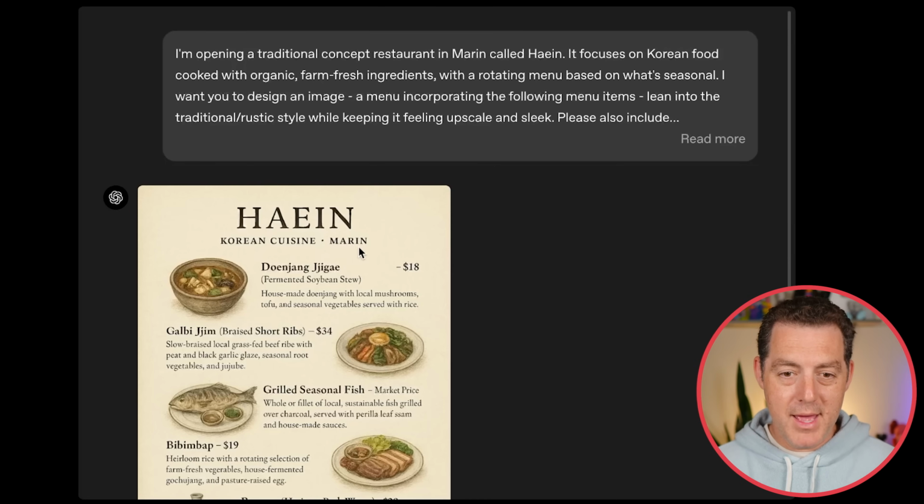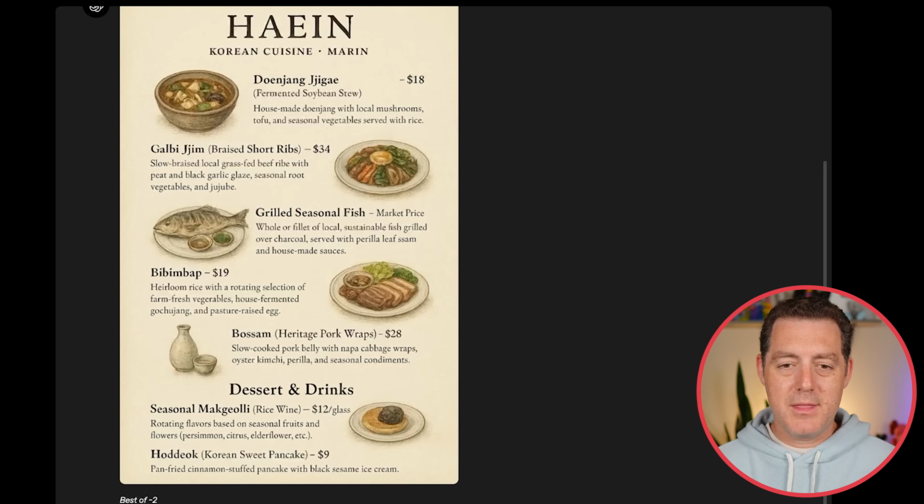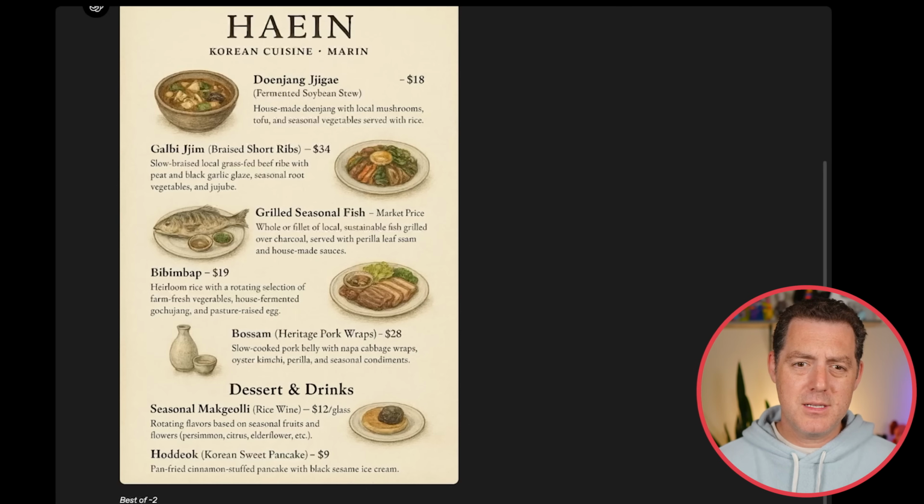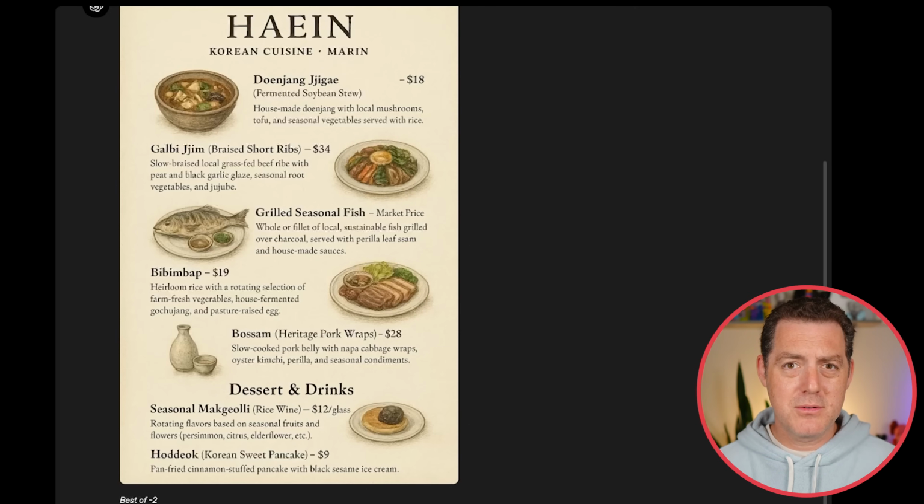Here is a menu concept. So I'm absolutely gorgeous once again. I mean, this is really useful. If you are a professional in any way, if you're a restaurateur, if you create thumbnail images, if you create websites, if you do photography, you can make these subtle changes. You can create things from absolute scratch.